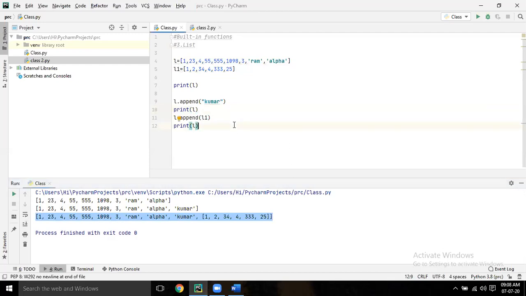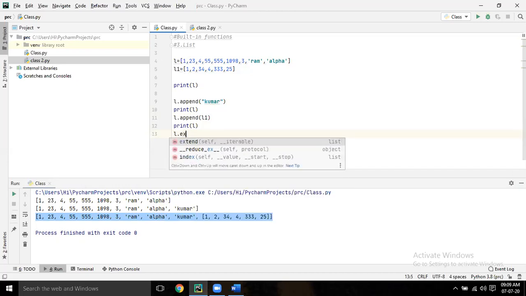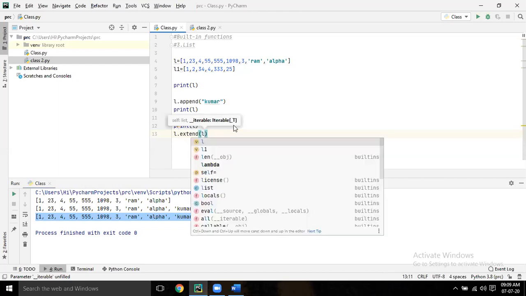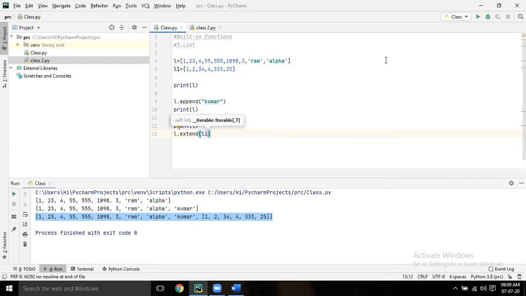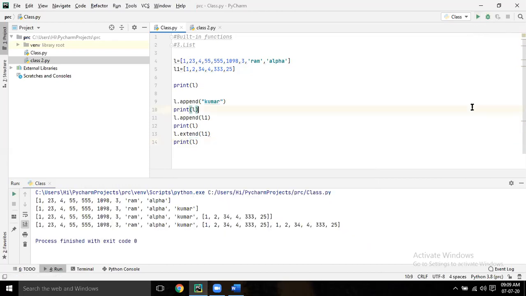L dot extend L1. Now print L. What happened?